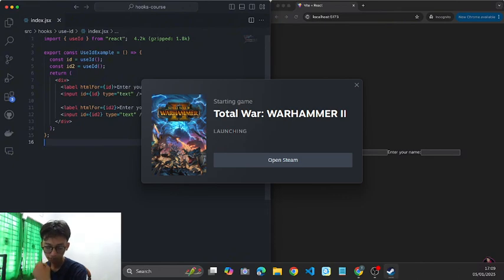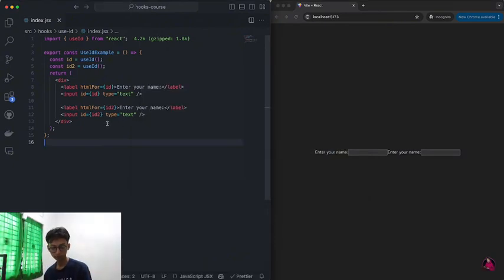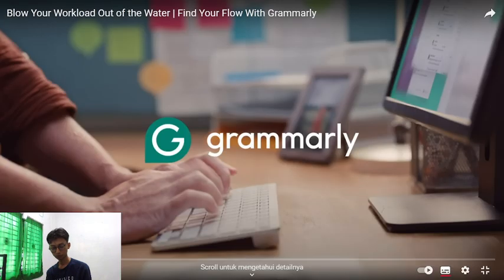Now, there are a couple of things that I would say are best practices. For example, I would say use the useId mostly for labels and inputs, but also for just dynamic elements, like whenever you have a section that might